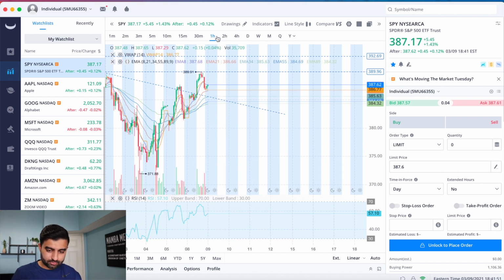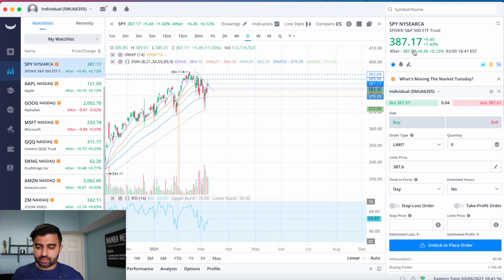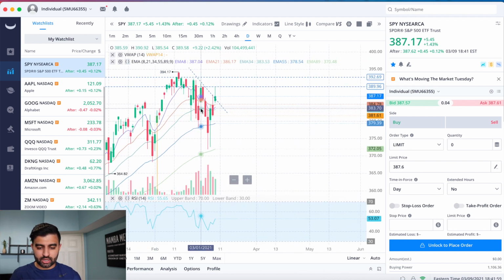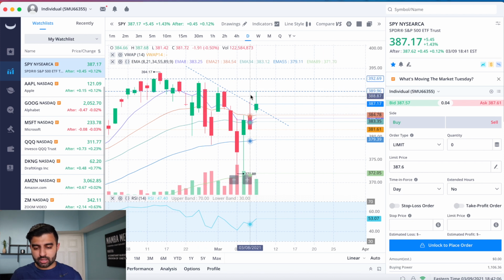So on the daily chart, what am I seeing? We're currently at 387, a nice 1.5% gain on the day, but got rejected at the 390, right? Got rejected here last week and the week before at 390s as well. So that 390 might be a tough point for us to break. And then if we can